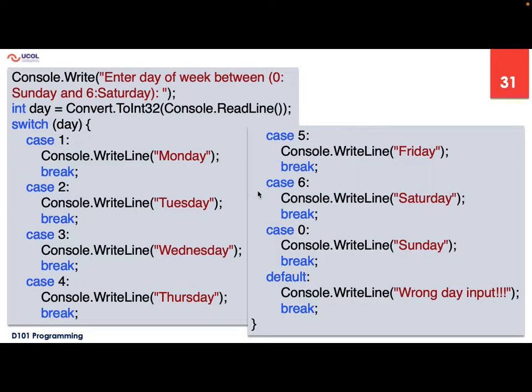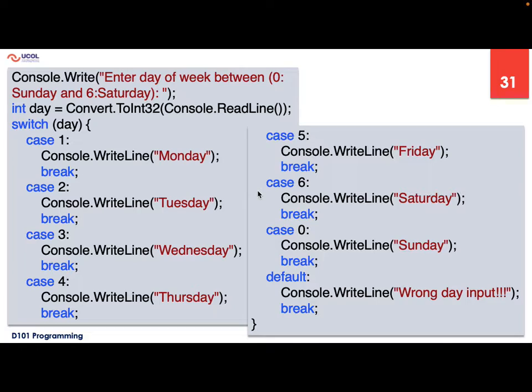Again, in the first two lines, we are asking the user to give us the value and saving that value in the integer variable day. And then we are putting a switch on the day value. And then we are giving the message: enter the day of the week between 0 as Sunday and 6 as Saturday. So if the user is intelligent enough, it will provide us a value between 0 and 6, not something like -5, -10, or my name is Abbas Malik and so on. It will provide us the appropriate value which matches this input statement. If that happens,